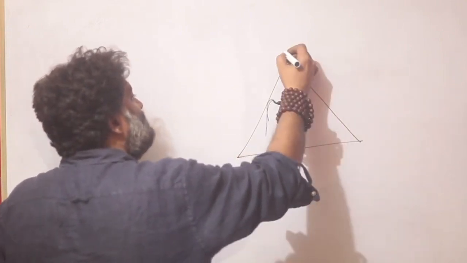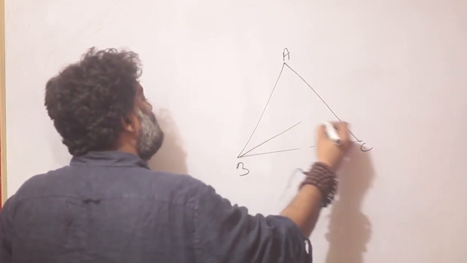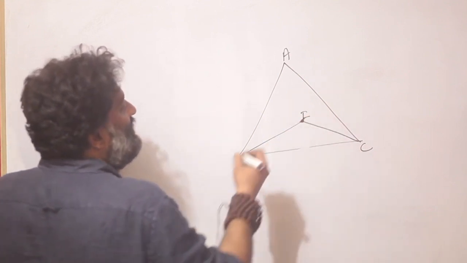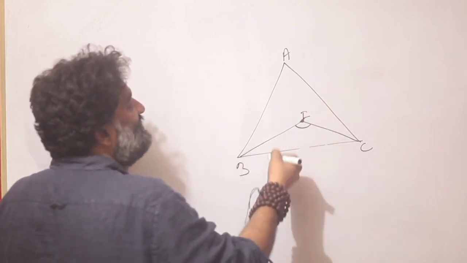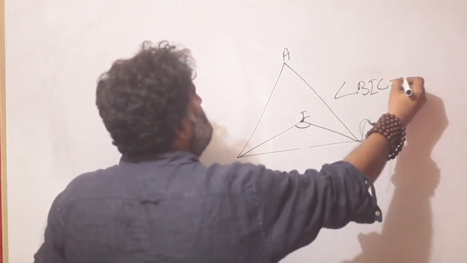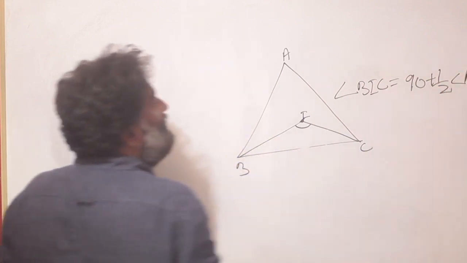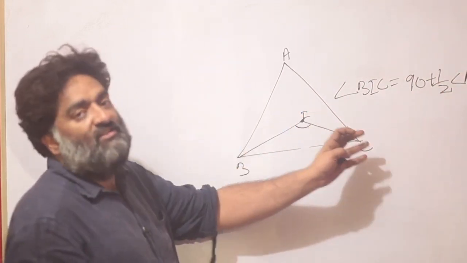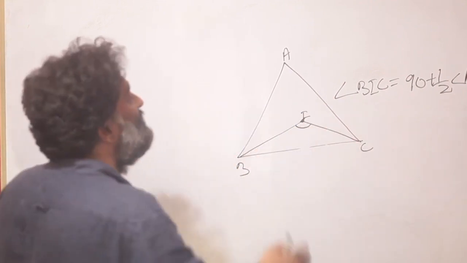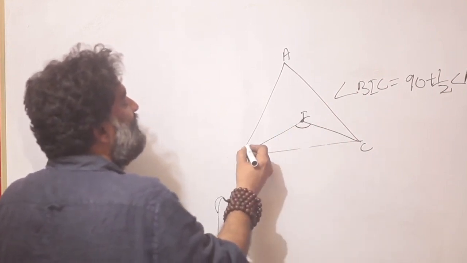Staying with the incenter, I have a triangle ABC, and let's say this angle bisector and this angle bisector meet at point I. Another very common theorem or result that people use is that angle BIC is going to be 90 plus half of angle A. A very similar result we had worked out in day 1, session 1, while working with angles. So this should be fairly easy.